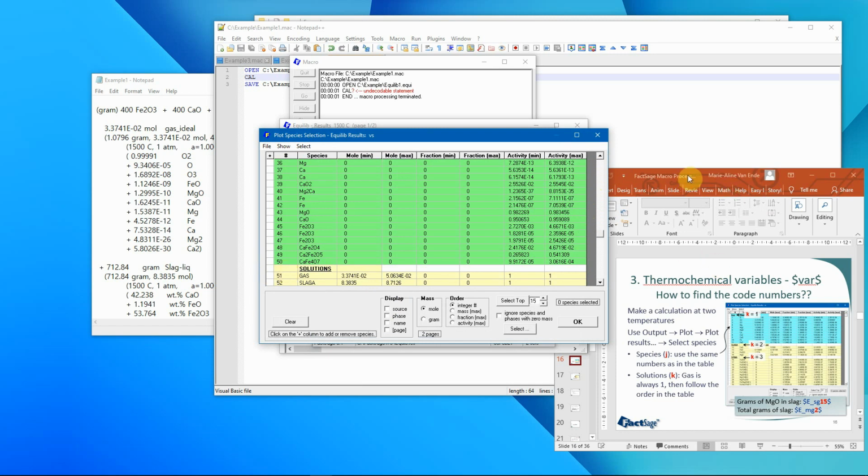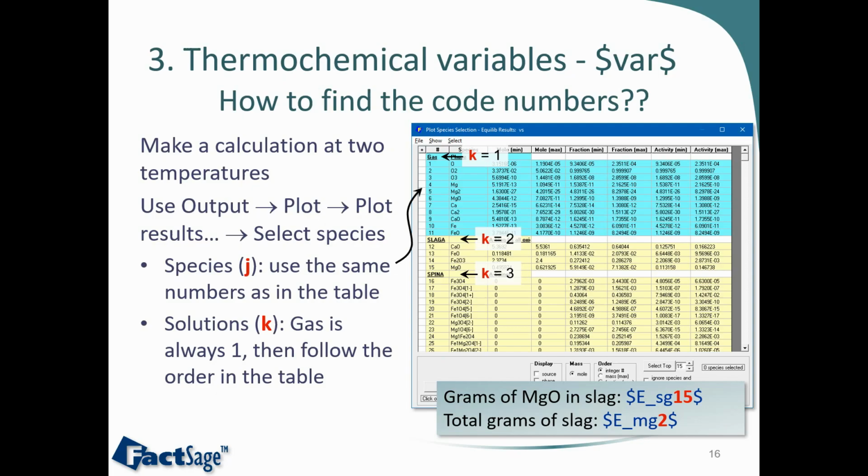So for the solutions, the gas phase is always 1, even if the gas was not selected as a possible product. And then you just need to count and follow the order in the table. So the slag A will be number 2, spin A will be number 3, and so on and so on. For elements, we need to scroll down